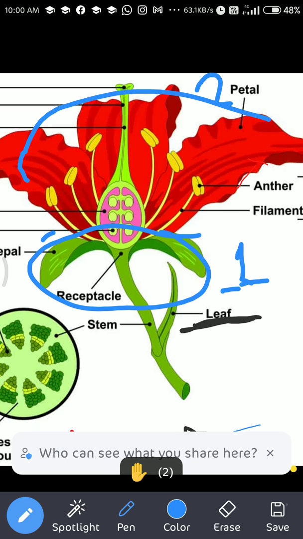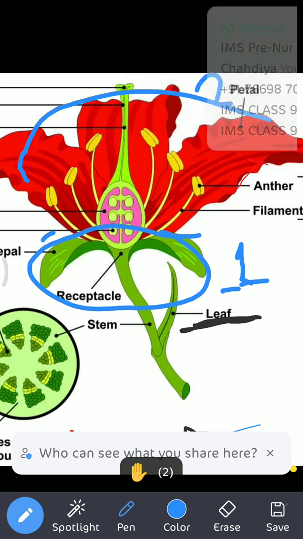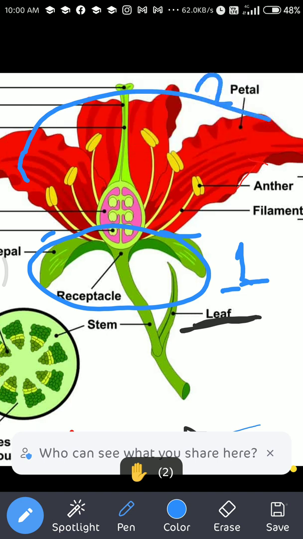So remember, these colored parts are the petals. The colorful part of the flower is actually the petals, and the green part of the flower is actually the sepals, and the whorl of the sepals is known as calyx, and the whorl of petals is known as